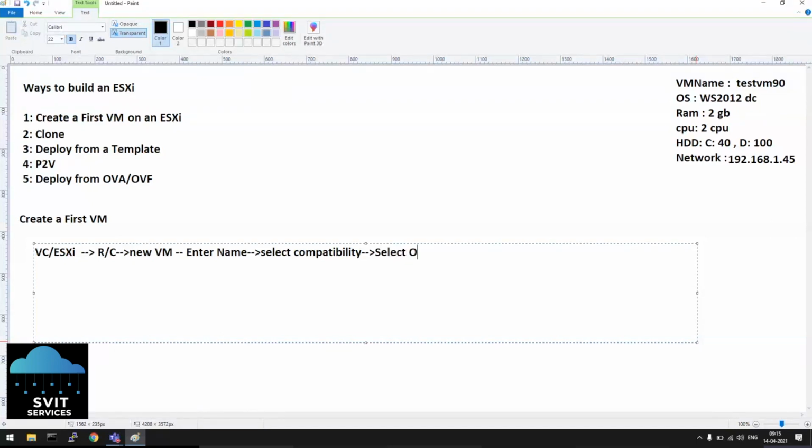Select the OS family, Windows or Linux, and select the OS. What OS do you need to install? We are not installing the OS here. We are preparing this virtual machine to install that specific OS, so the respective virtual hardware components will be selected automatically. Then select the hard disk location to store.